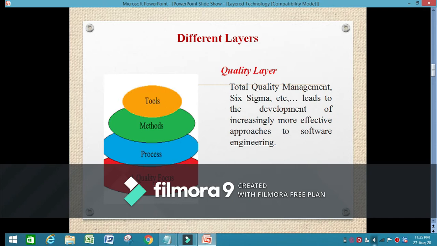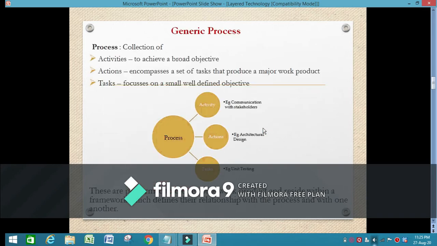We all know any approach that an organization follows will mainly focus on quality. In software engineering also, importance is given to quality, and for that purpose, they use methods like total quality management and Six Sigma to monitor the quality and to deliver the product in a more effective way.